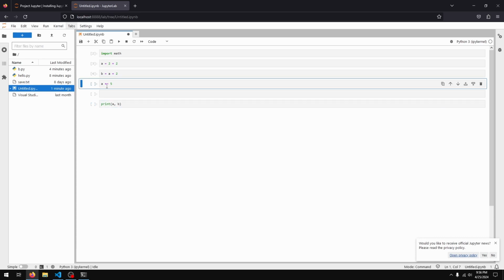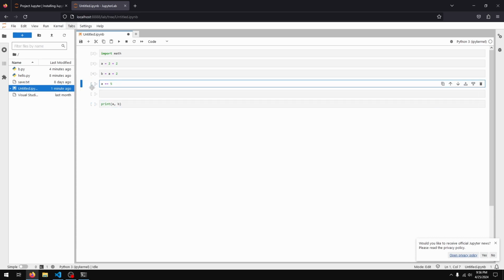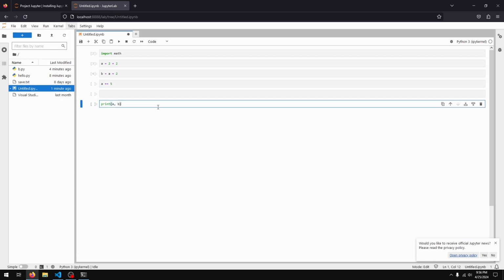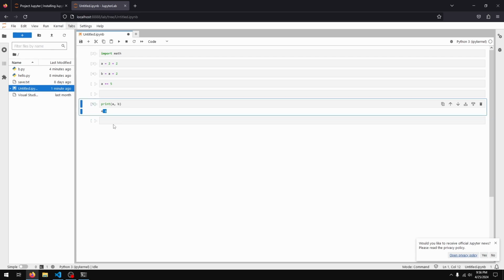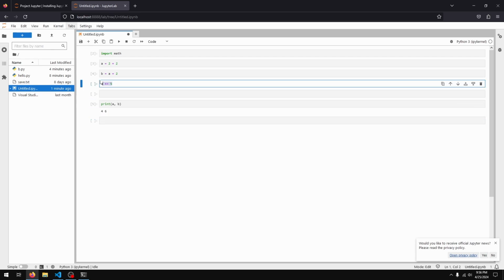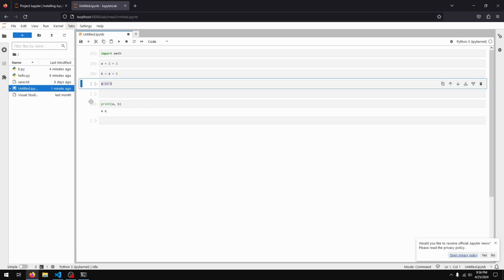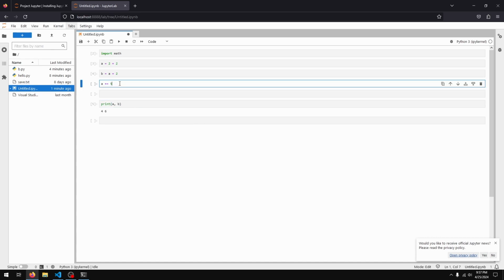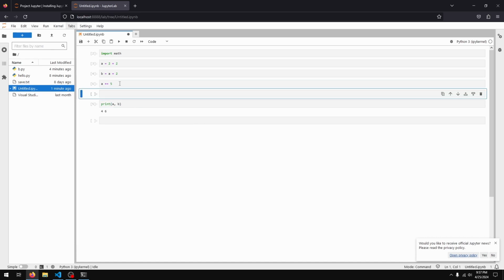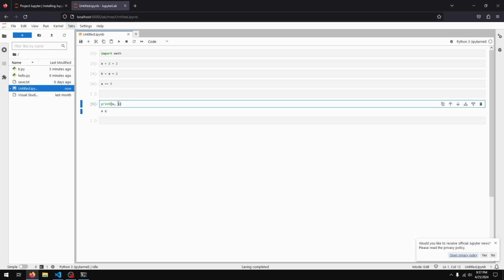And notice that we haven't really executed this a plus equals 5. And I'm going to come down here to this print line and execute that. And we get 4 and 6. Once again, this line here has not been executed yet, so we don't really have to go in order as well. Now what I'll do is I'll execute this a plus equals 5, and I'll execute this print line again,